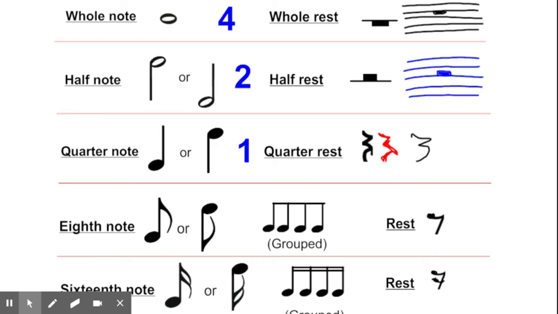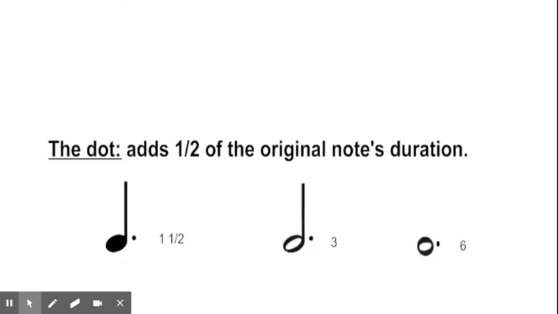So this part, when we're talking about how long they each last, how many beats, that's really the duration part of it. Now, there is one last thing to point out to you that you're going to see when you're reading music, and this little mark can be assigned to any note. You can do it on a whole note, a half note, even an eighth note. Any note could have this, and it is the dot. And when the note is dotted, that adds 1/2 of the original note's duration.